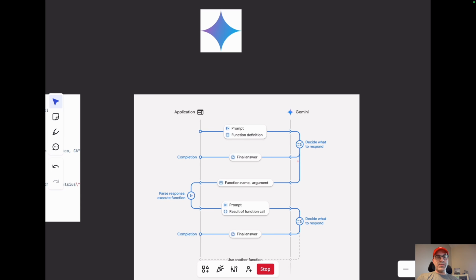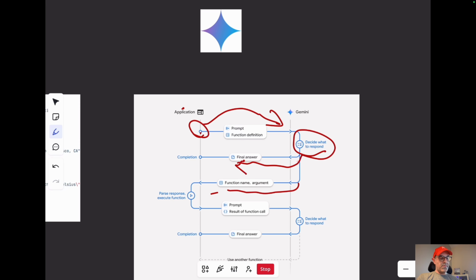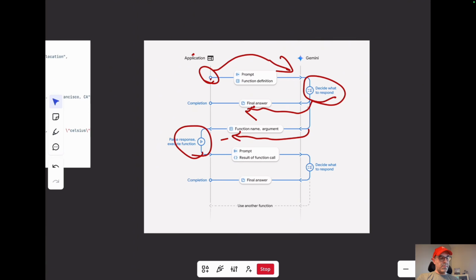Gemini has pretty much the same sort of process. The application sends a prompt with the function definition, and then the model, Gemini, decides what to respond. So the only difference is it has some answer for the first call, and it also gives some information about the function and the argument to be called. And then the user calls those functions and then sends everything to the model, and then the model provides the